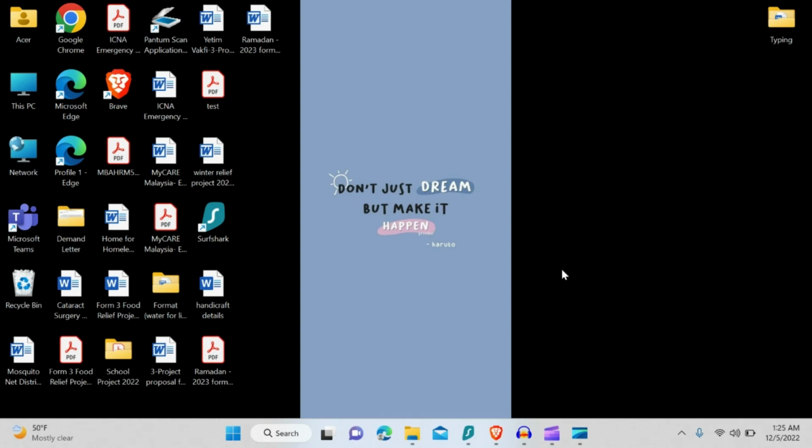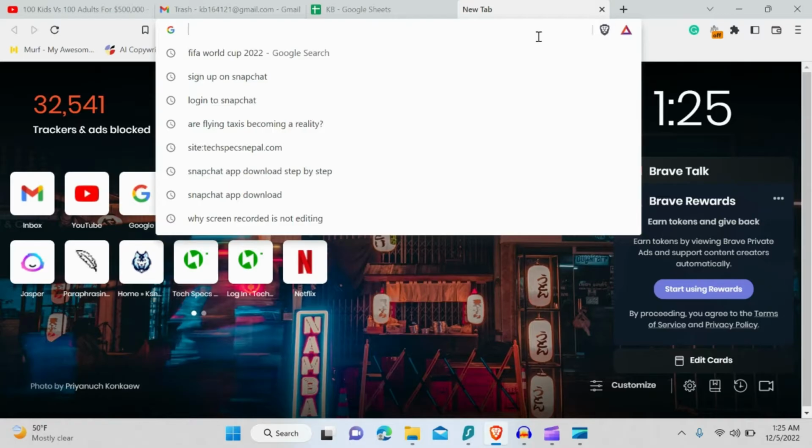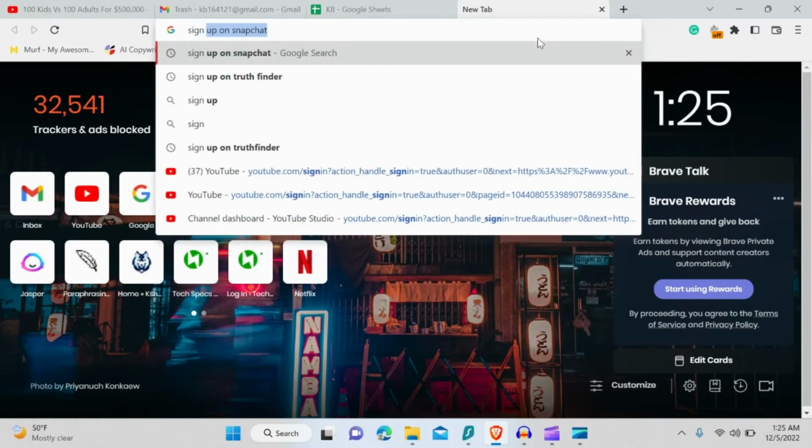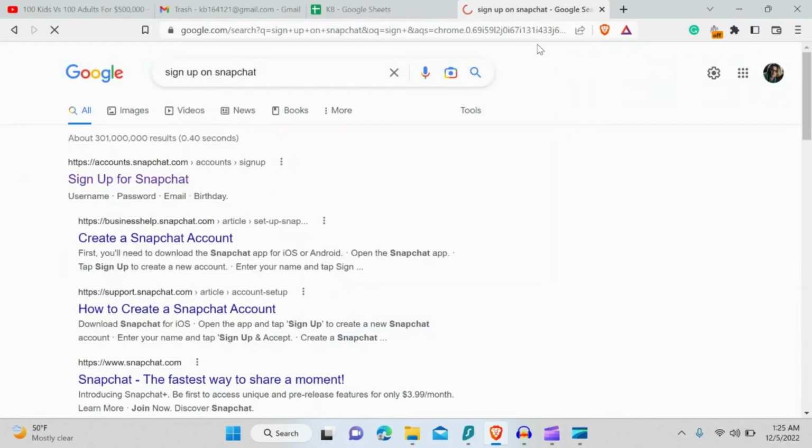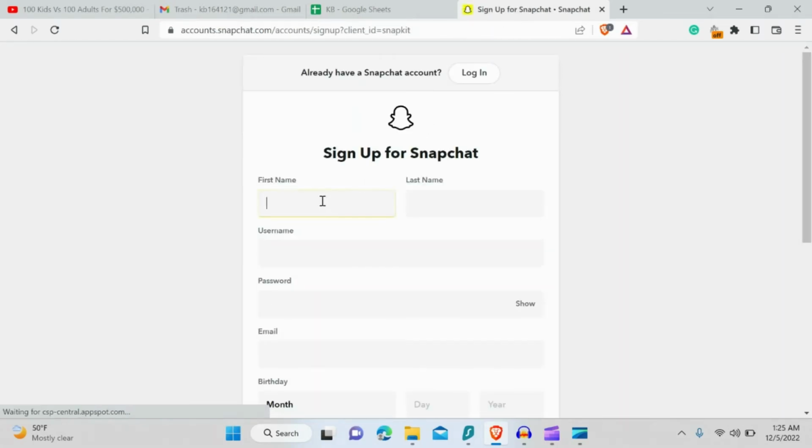Today I'm going to teach you how to sign up on Snapchat. So all you need to do is head towards your browser and then type "sign up on Snapchat", press enter and then click on sign up with Snapchat. Now fill up the information